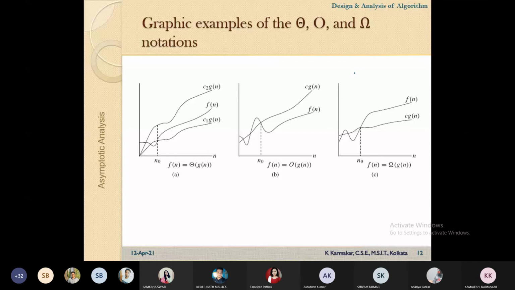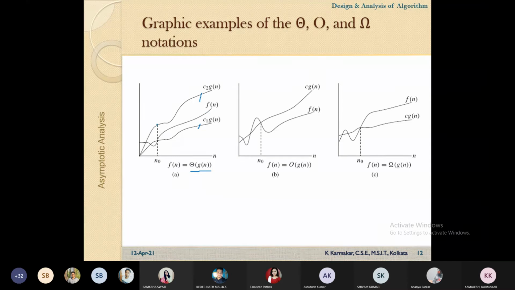This is the graphical representation. According to the theoretical part, this is basically the big theta representation. Big theta representation means we are able to determine the upper bound as well as the lower bound of a function. If we can represent it using both, this is the nature of the function, so the complexity of the given function f(n) will be big theta of g(n).